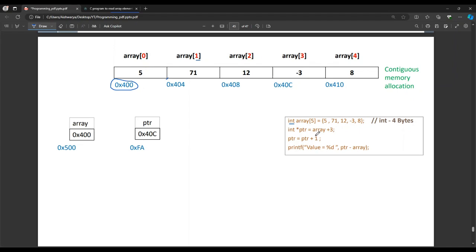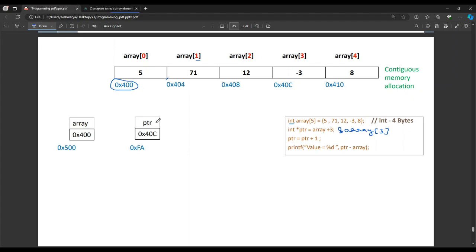You could have also written it as ampersand of the name of the array I have taken, array, ampersand of 3. It would have been the same. So 0x403. So there is a variable called ptr in the stack, which is holding that value.